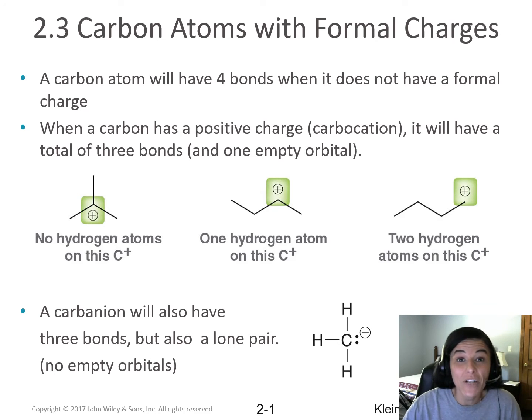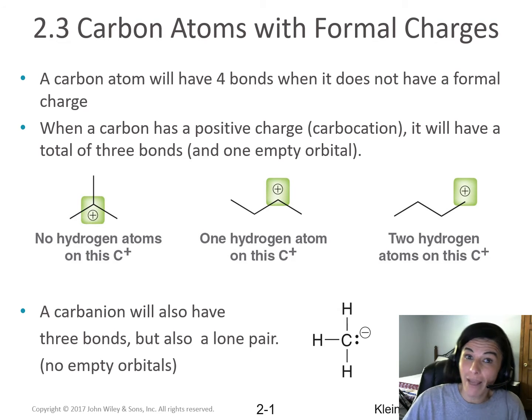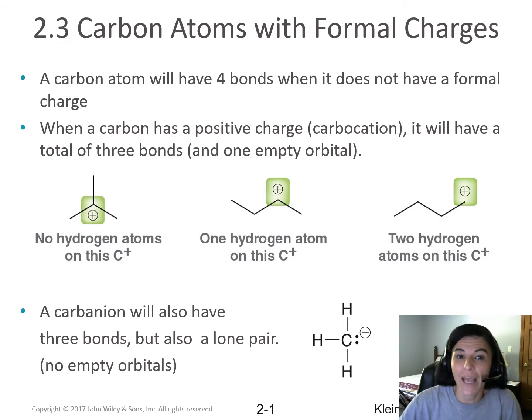All right, so we are now moving on to bonds, line structures, and formal charge. We talked a little bit about formal charge in chapter 1. I told you we're going to spend some time talking about it. Now it's that time. Okay, so a carbon atom, we know, will have 4 bonds when it does not have